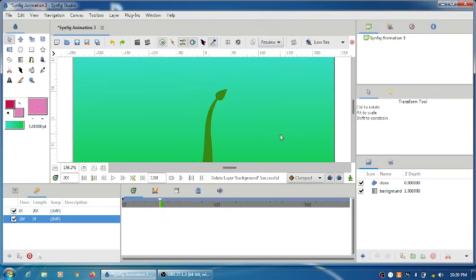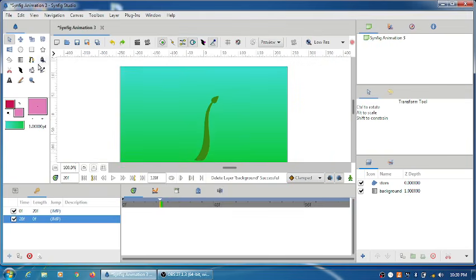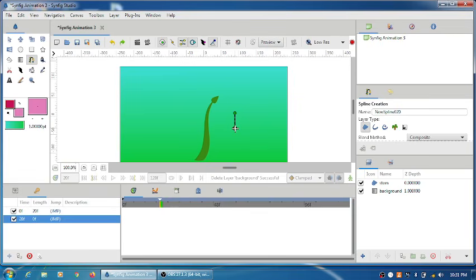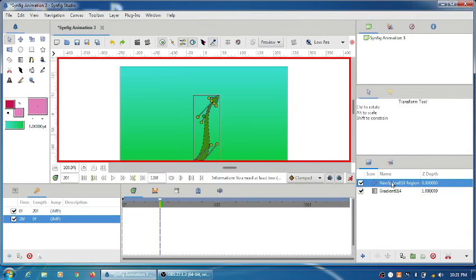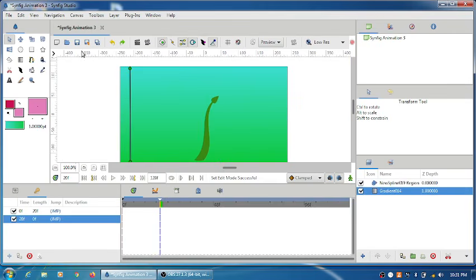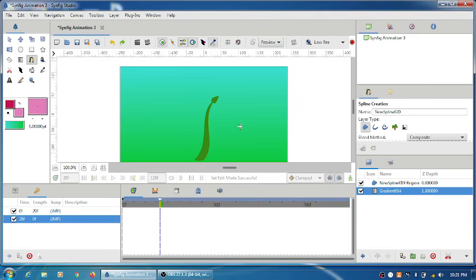I'll just remove it. Because the animation mode is on, I am not able to create it. Remember, you have to close the animation mode.